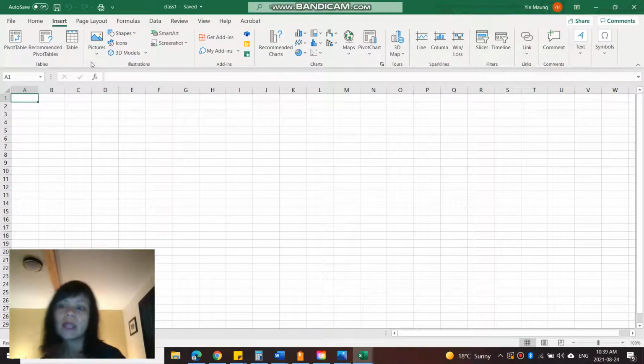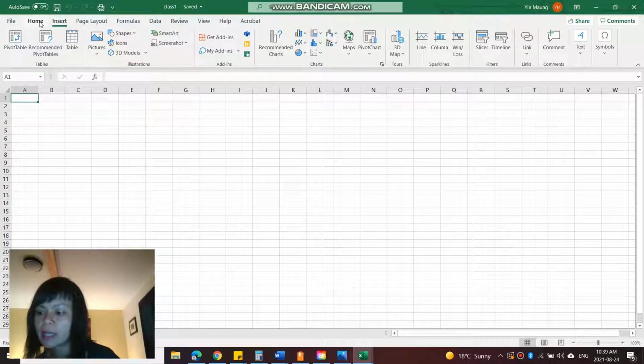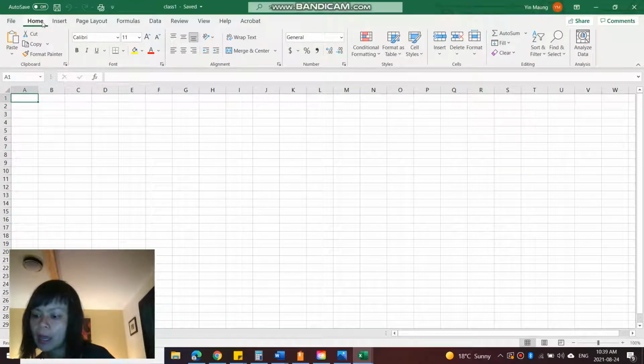Okay, so I am not too worried about space on my Excel spreadsheet. I'm okay with showing it all the time. I like to know what my options are for each of these menu items, right? So what we have under each contextual tab. So let's take a look at Home. This one shows the Home tab,